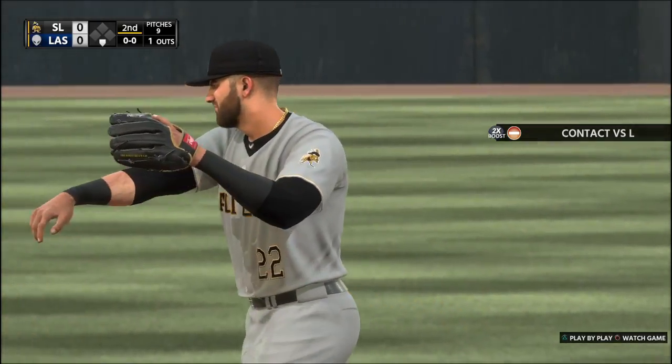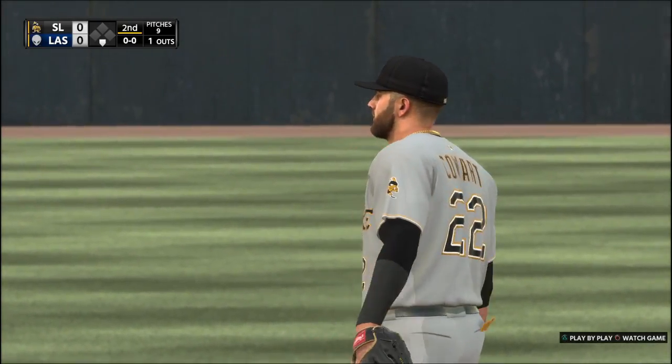Okay, here's the defense for the away team. And one of the main pieces on this team today is the guy playing shortstop. A ton of